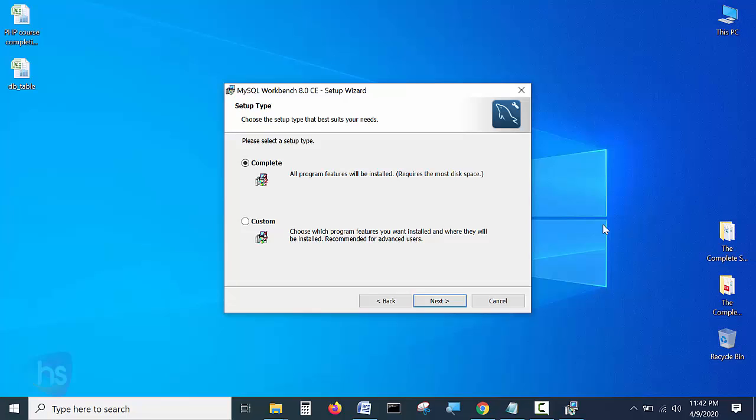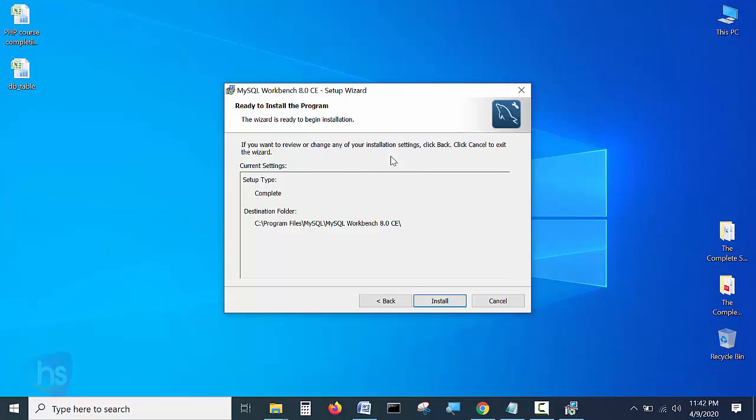I am selecting complete, to avail all the facilities available in Workbench. So select complete, click next.